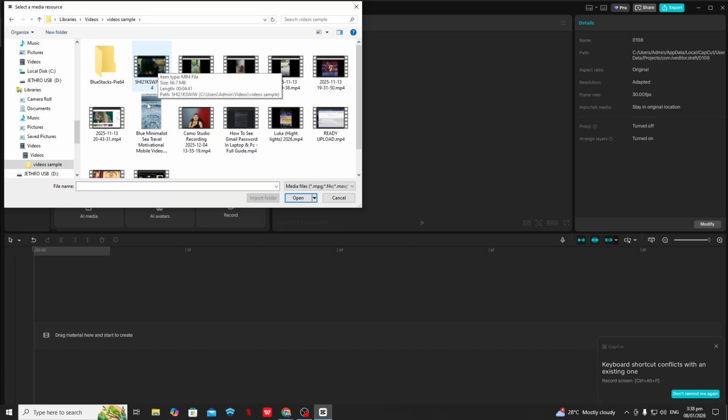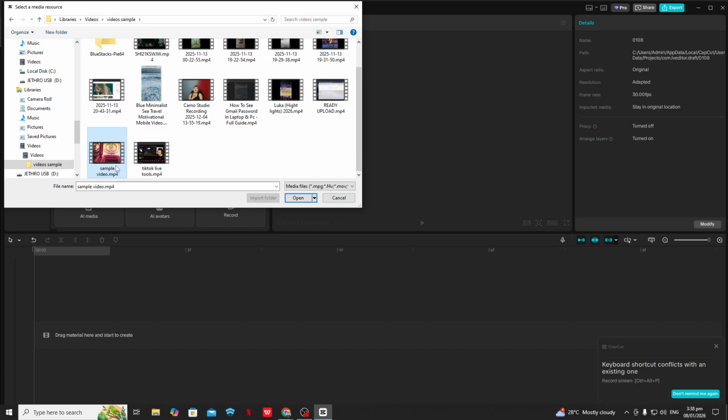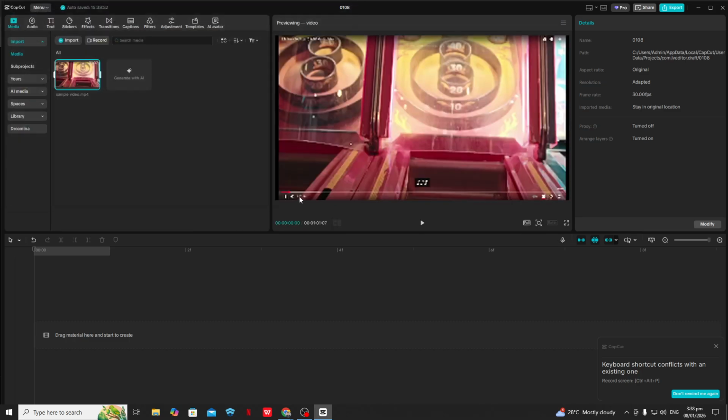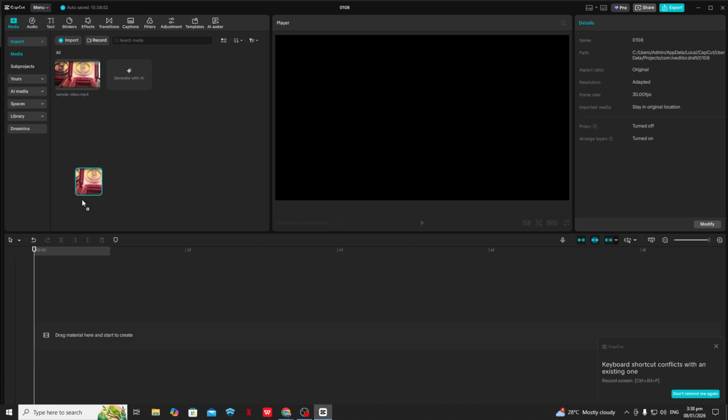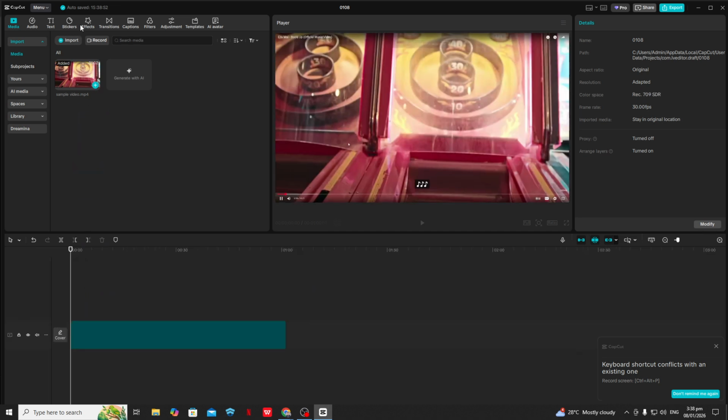Next, we're going to add some text. Go to the text section in CapCut. Choose Add Text and type in the word or phrase where you want the video to appear inside. Try to keep the text fairly bold and simple because thin or very decorative fonts can make the video inside harder to see. Position the text in the frame where you want it to appear, usually somewhere near the center